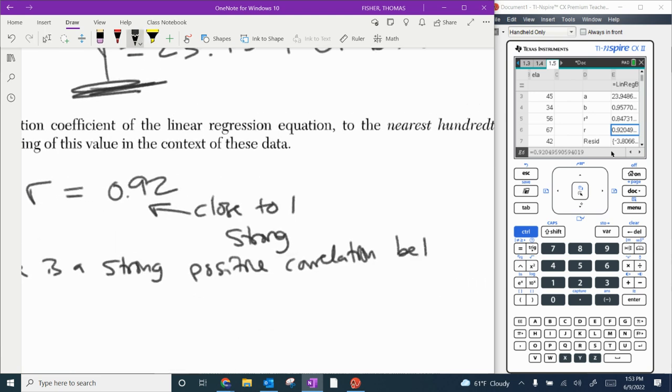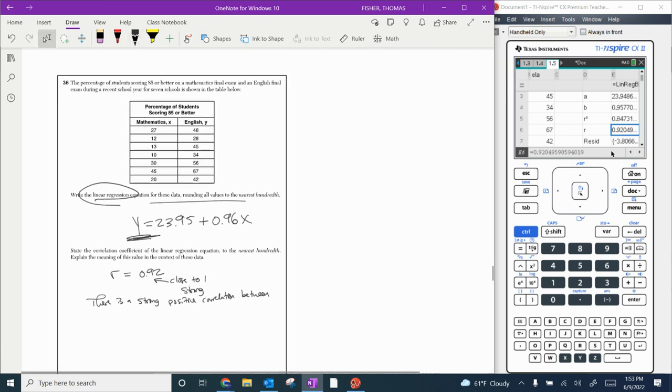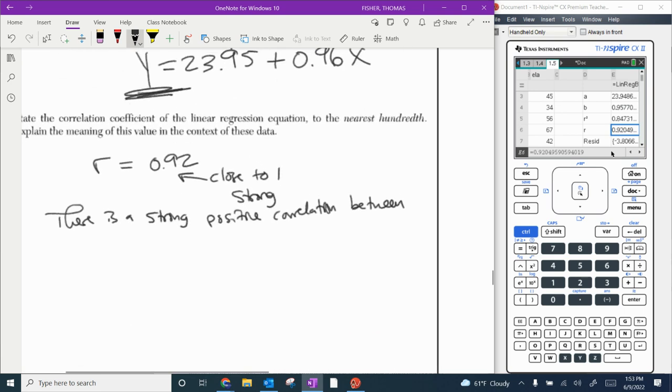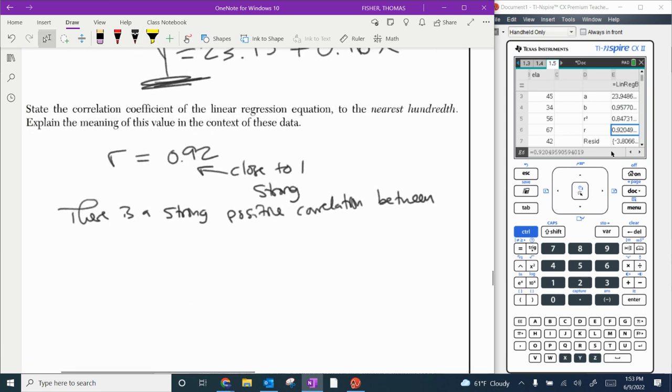So between, just add the context in. So between percent of students scoring 85 or better on math and English. So a little bit of writing, but we can handle it. So strong positive correlation between